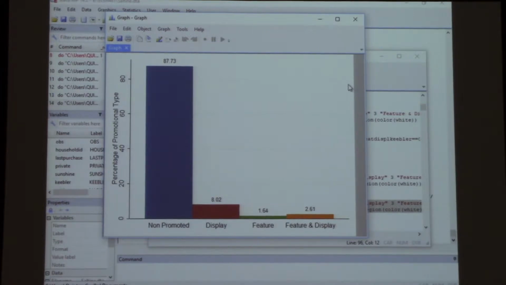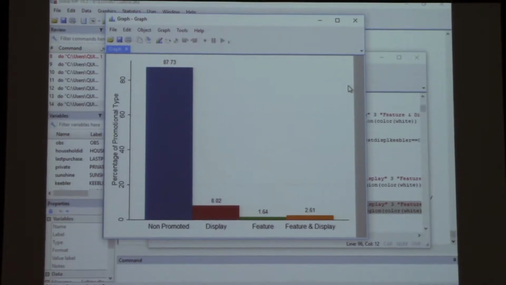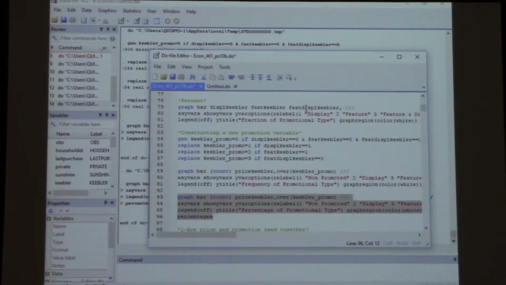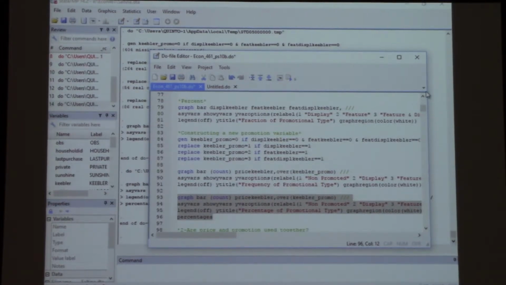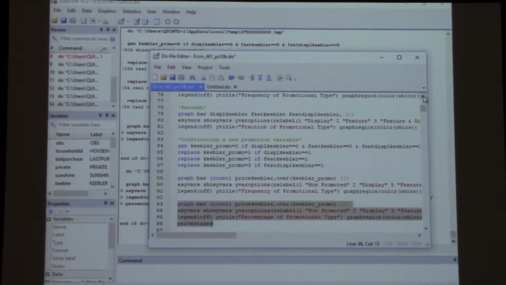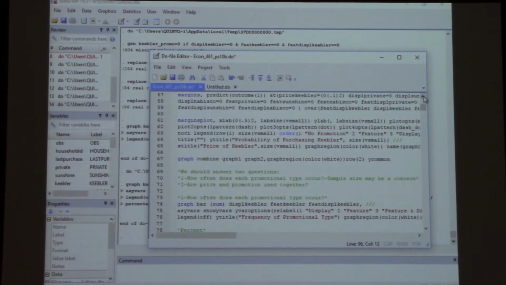Summary statistics are not always, but are a good way of finding gaps in the data. And in this case, we saw that in the regression, but if we had done this first, we would have seen, okay, we don't have very many observations for feature, and then we would not have been surprised when we got that weird spiky thing. By the way, that weird spiky thing is,